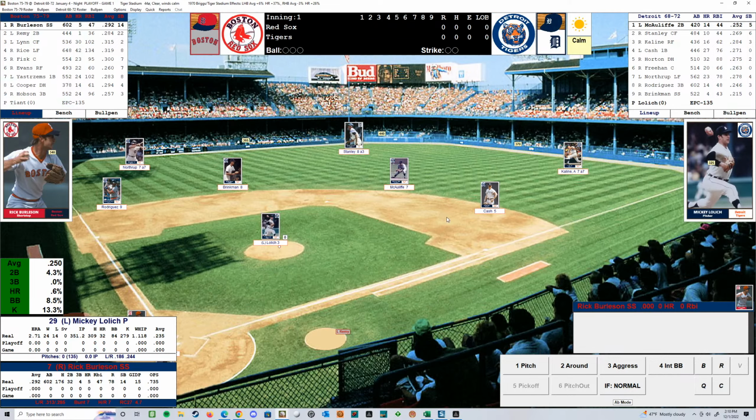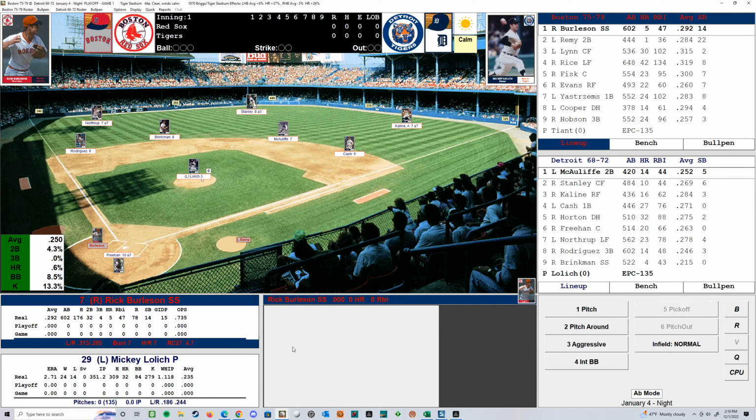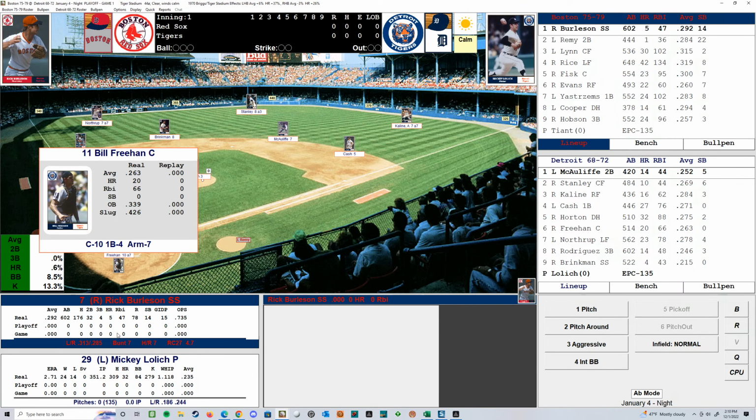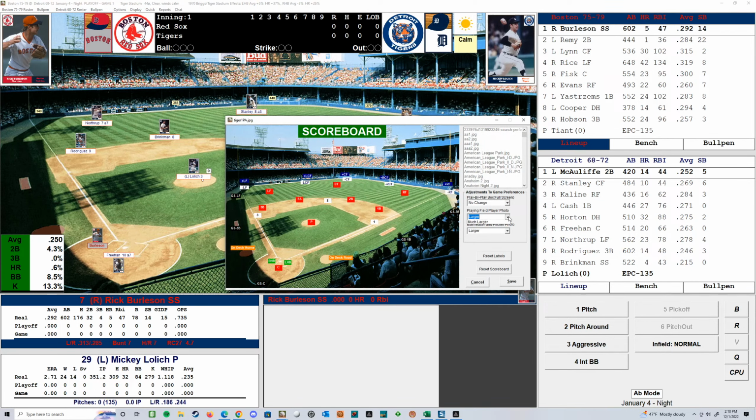See how my screen looks on this. This is the ballpark I like to use for Detroit, but when you use this full screen, it covers the plate. So a lot of times I'll go to 3/4 screen on this one. I just like 3/4 for this look right here. And then the players, I always struggle with how big to make these player photos. I don't like them like a big one box running around, but let's see here. We can make them much larger. That's not too bad. I think we'll go with this.